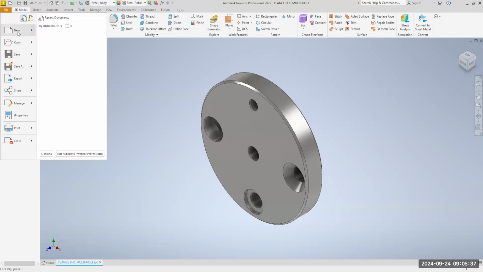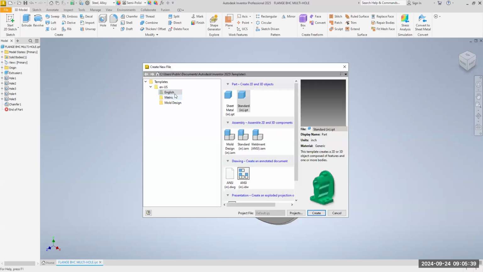select new. Now, you can't mix apples and oranges. It's got to be English, but we're not going to select standard IPT. We're going to select IDW. What does ANSI stand for? Remember what ANSI stands for? American National Standards Institute. So we have a standard that we follow when we lay out our drawings. Click on this,